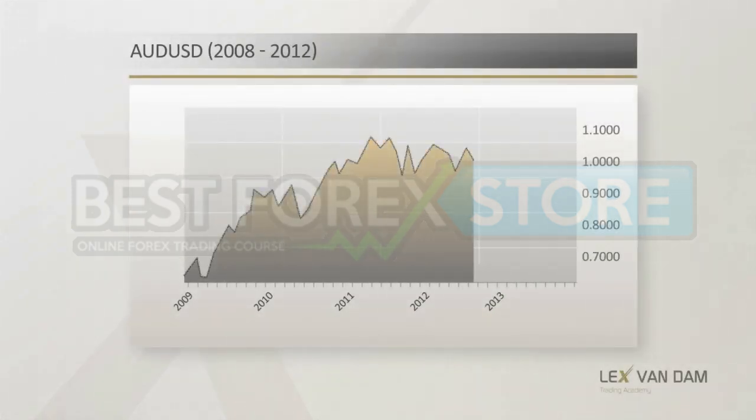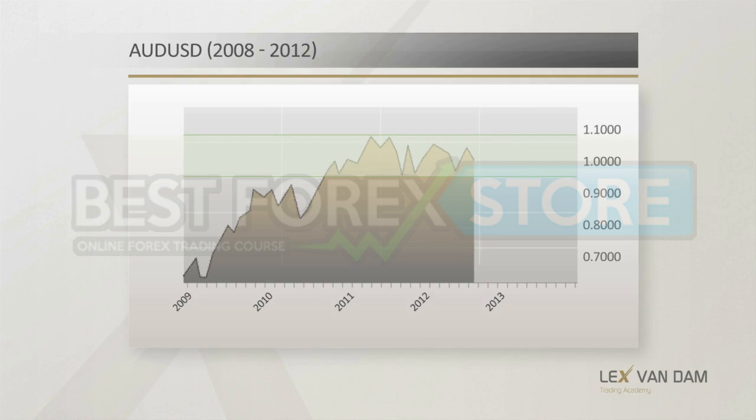Let's look again at the Aussie dollar. The range is between 0.97 and 1.10. Currently, we're trading right in the middle of the range at 1.04. This is not an ideal point to sell. Ideally, I would want to wait a bit and see if it goes back up to 1.06 or 1.07 before